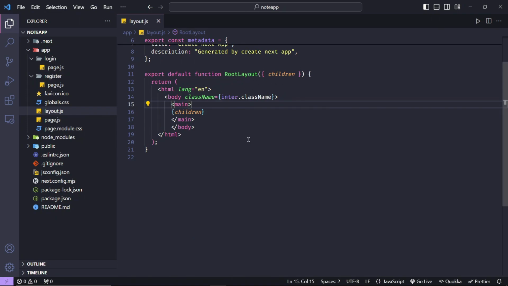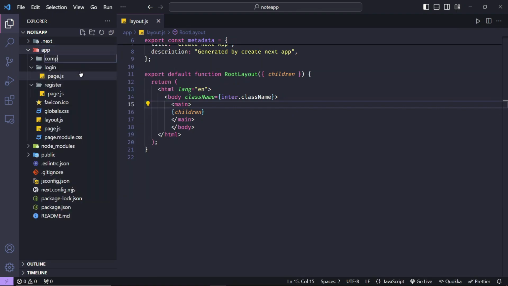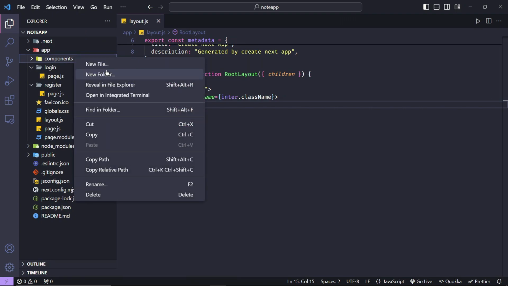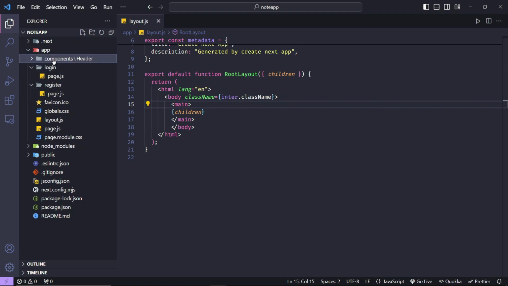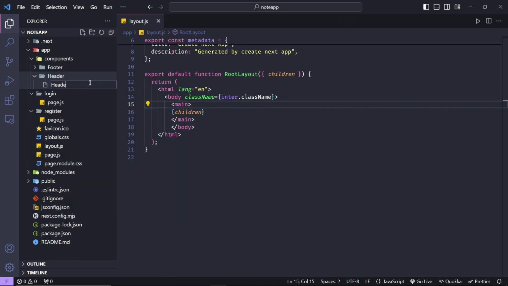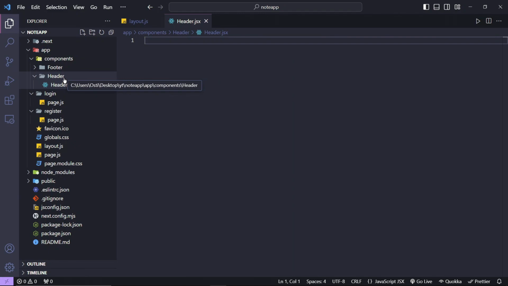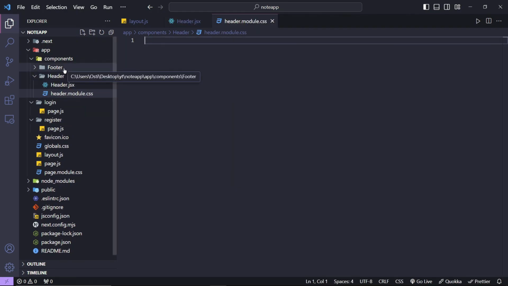Let's create a header and footer component. For that, in the app directory, create a folder named components. You can name it whatever you want. Inside components, create a folder named header. Let's also create footer. Inside header, create a file named header.jsx. Let's also create a CSS file for it, header.module.css. Similarly, in footer,